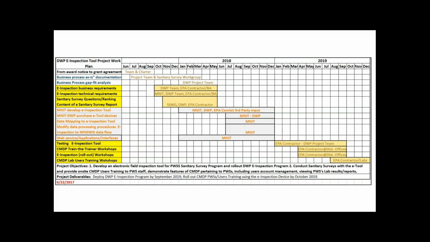And then the first part is a business requirement document in which we map out some tasks in the BPA. And the BPA will talk about number 1. Task number 1 is to document everything relating to sanitary survey in the e-inspection, what kind of documents we need to have. And when they complete, we can submit that with a project proposal to MinIT, and then they can use that to develop the application.